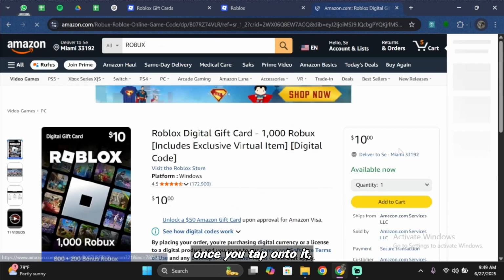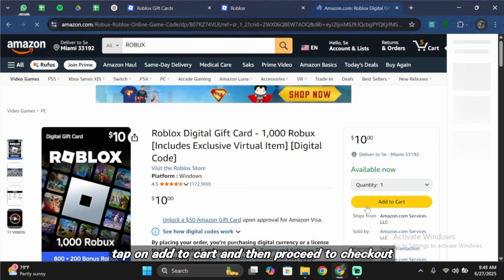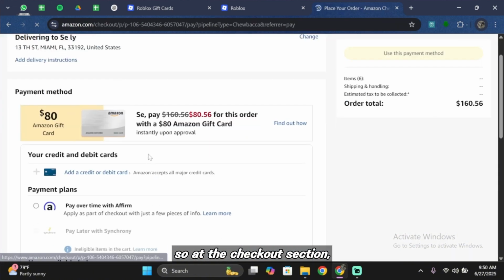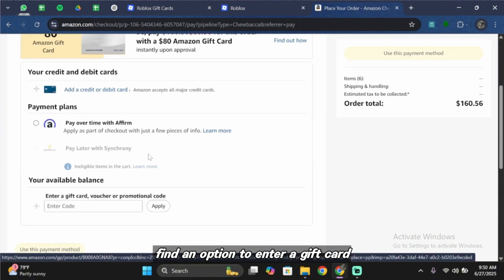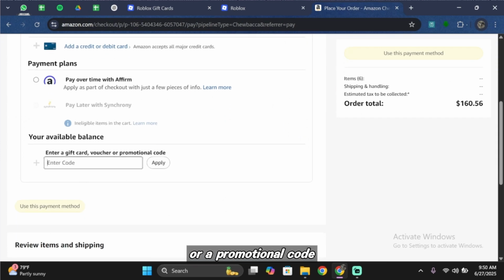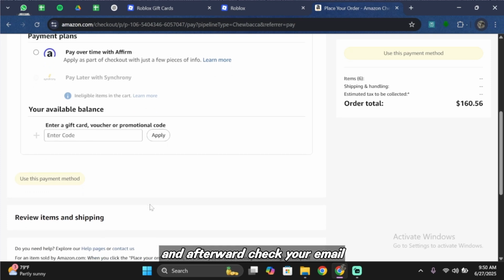Once you tap onto it, you want to go ahead and tap on add to cart and then proceed to checkout. So at the checkout section, find an option to enter a gift card or a promotional code. You want to go ahead and simply enter your Amazon gift card number right over here, then tap on apply. Once you enter the code, you want to go ahead and simply complete the purchase, and afterward check your email